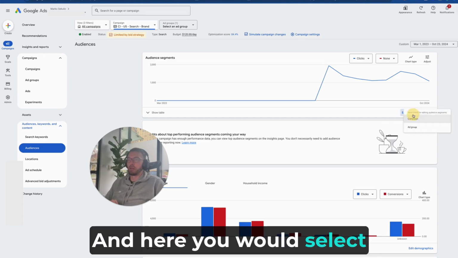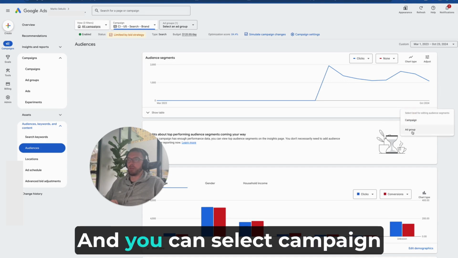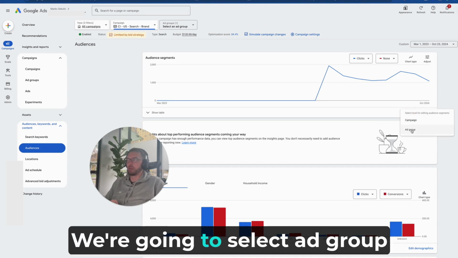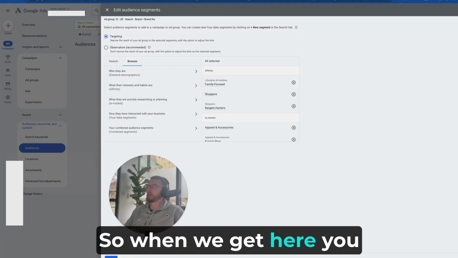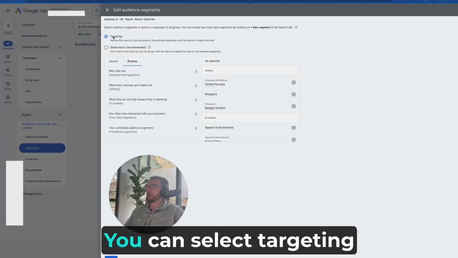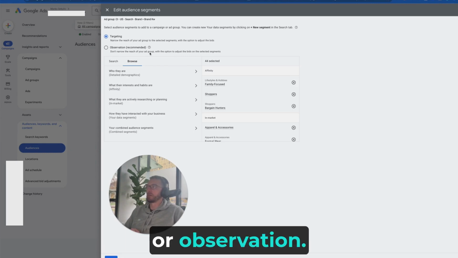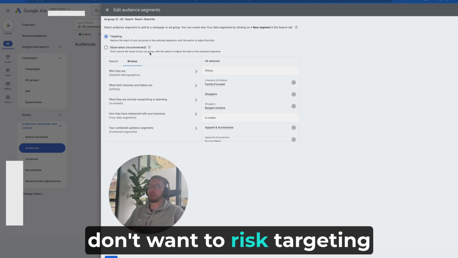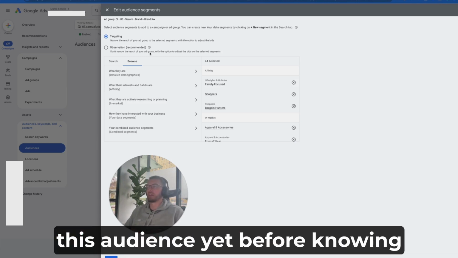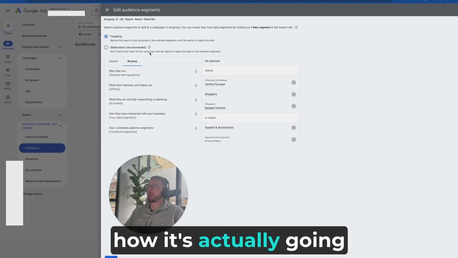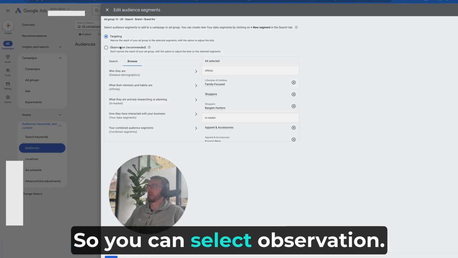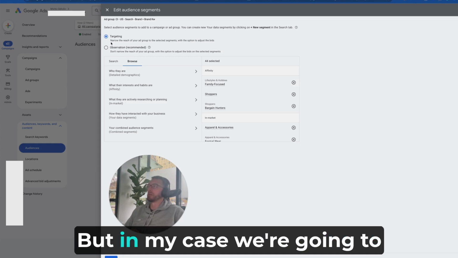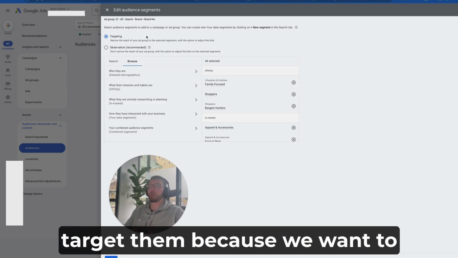And here you would select edit audience segment, and you can select campaign or ad group. We're gonna select ad group. So when we get here, you have two options. You can select targeting or observation. So observation is good if you don't want to risk targeting this audience yet before knowing how it's actually going to perform. So you can select observation, but in my case, we're going to target them